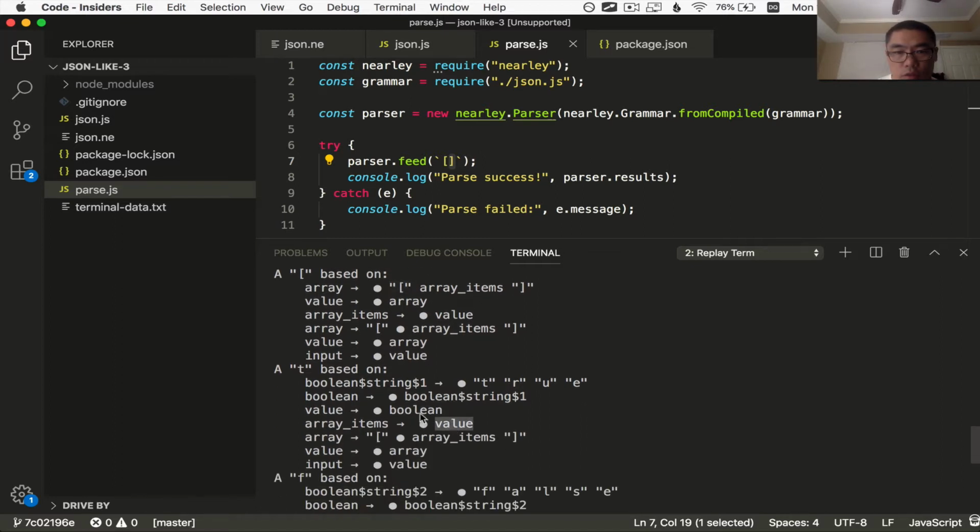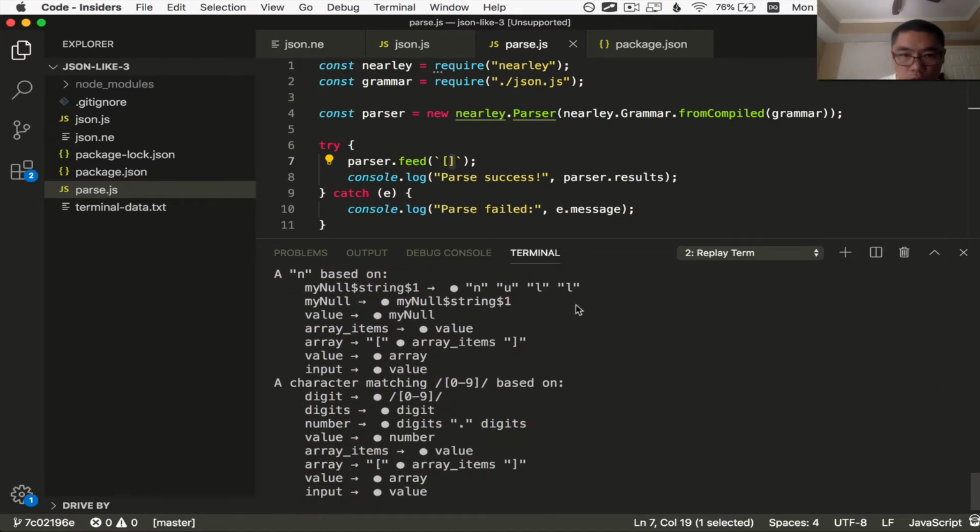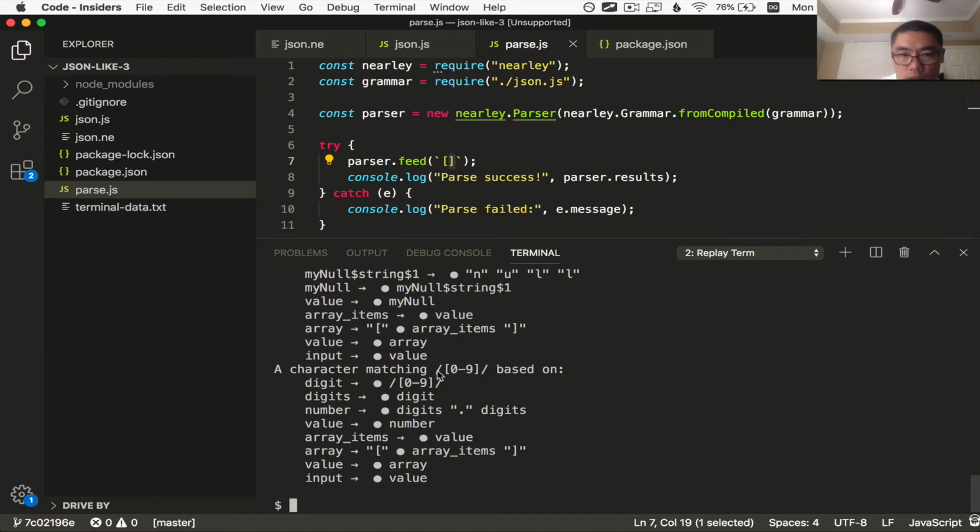What if the value is a boolean and it's the true literal? Then I'm looking for a t. All these possibilities: n for null, and a character matching a digit if the item was a number,